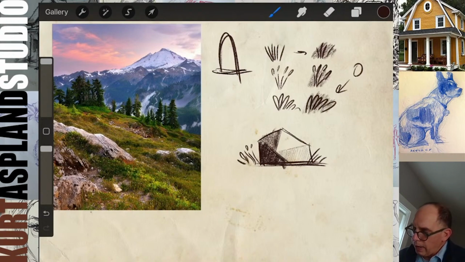Another thing you could do with grasses, you come in here with some dark negative shapes. You see that? Of course, then once you add stuff, flowers, you can